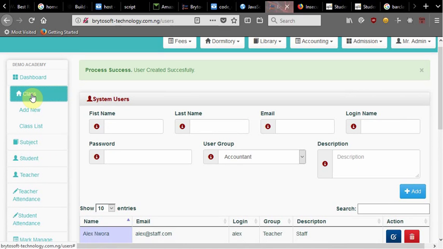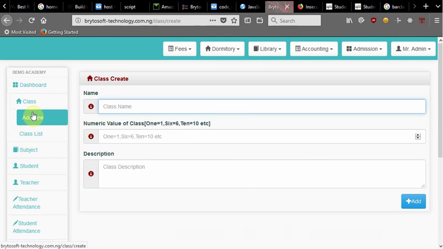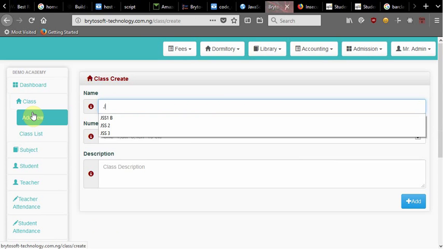So when you click on class, there are two options, one for adding new classes and the other for viewing the classes that have been added. So I'll proceed to add new classes. I'll click on add new. I'll add 3 classes for the sake of this tutorial. Let's have GSS1,